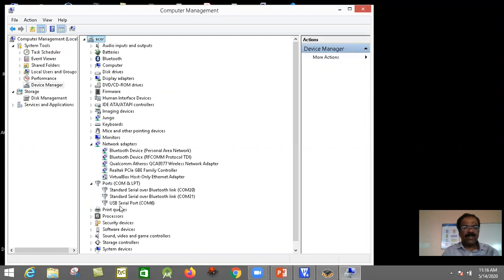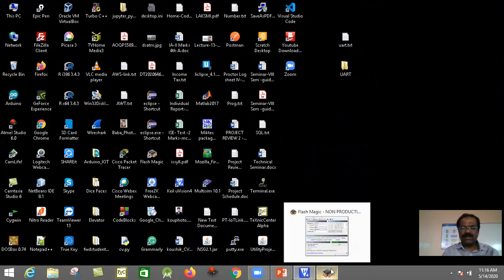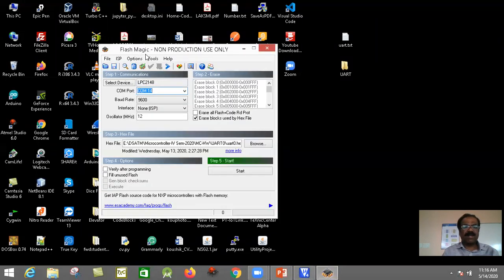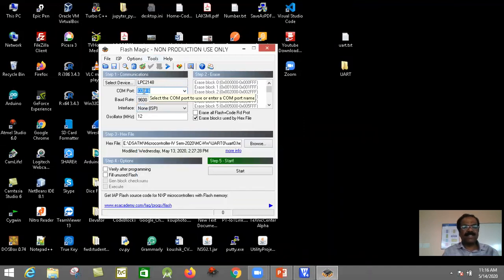Here is the USB serial port. Actually we are using COM6. It tells which communication port it uses, that is COM6, communication port number 6. Then close this window. Then go to the FlashMagic application, and here set communication port 6. This is the second step actually.